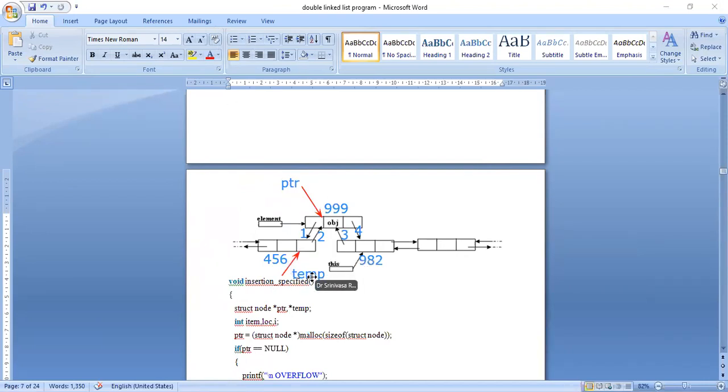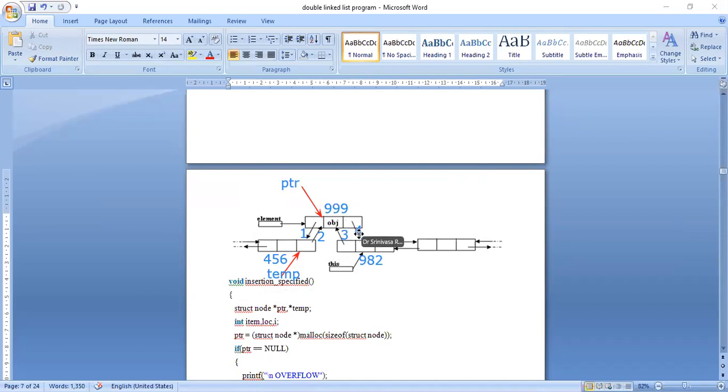So now in temp of next, which value will be there? 982. So what I am doing in pointer of next, in this next part, I am keeping the value of temp of next, that is 982. So automatically this link will be changed. Initially it was null.